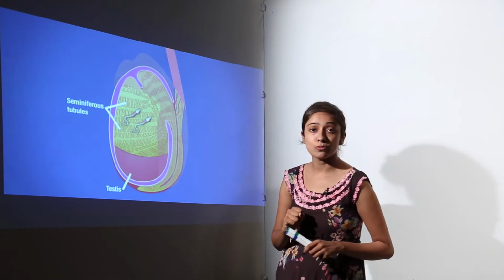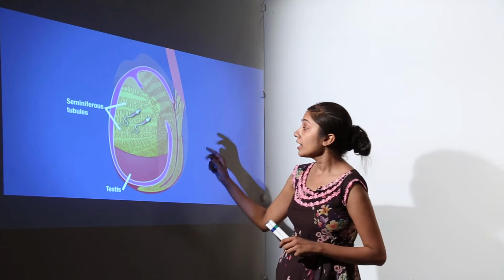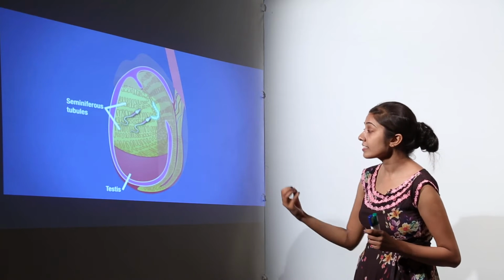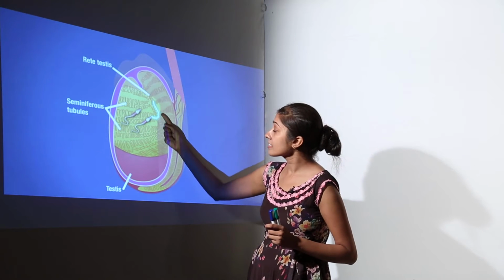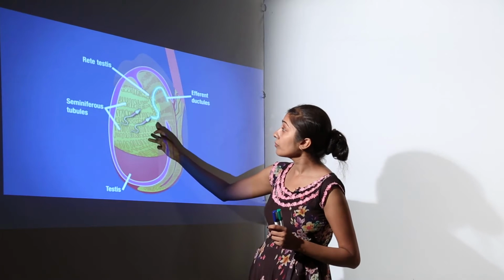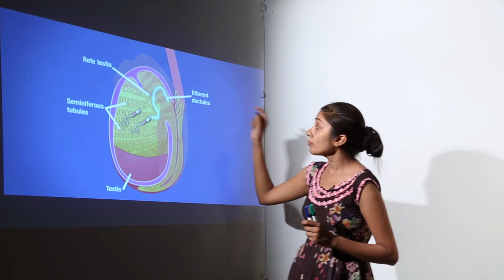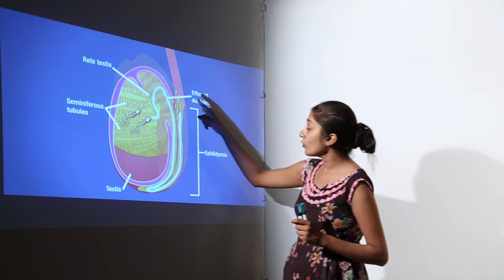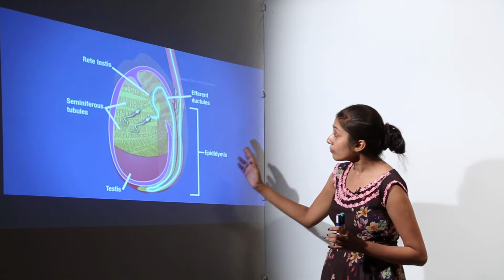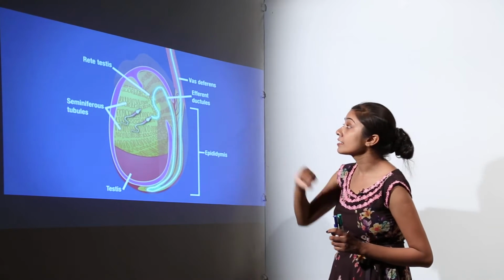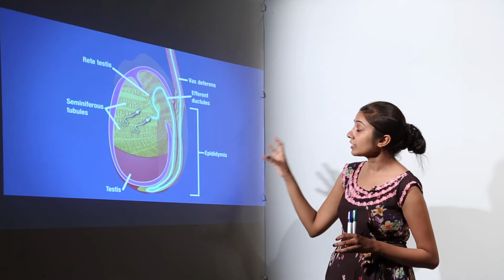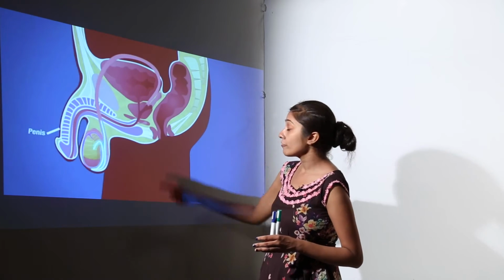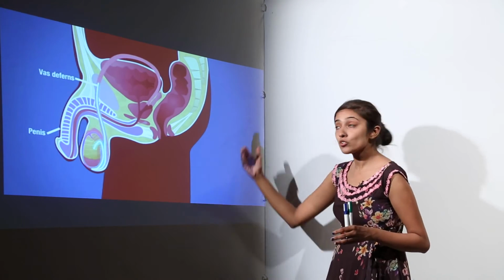So these are the cells of the testis, and you all know what happens when there are sperms in the seminiferous tubules. They are going to find their way first of all to the rete testis, and this is the tubular structure. From the rete testis to efferent ductules. From the efferent ductules only, they are going to exit the testis. They are going to then enter the epididymis. From the epididymis, they are going to enter vas deferens, right. So this is how the sperms are going to exit the testes, from rete testis to efferent ductules, then epididymis, and then to vas deferens.